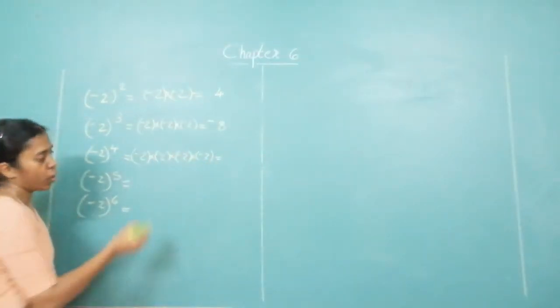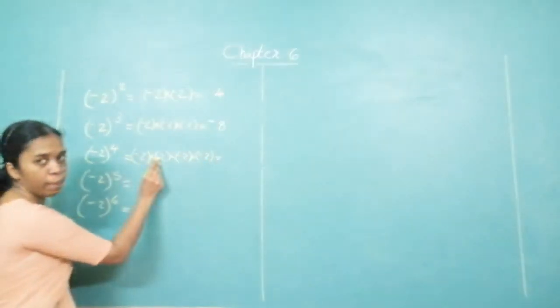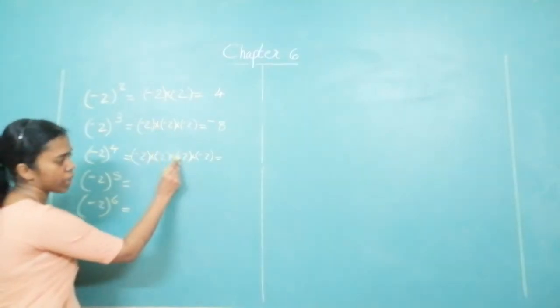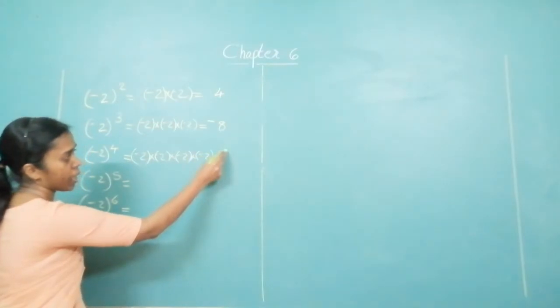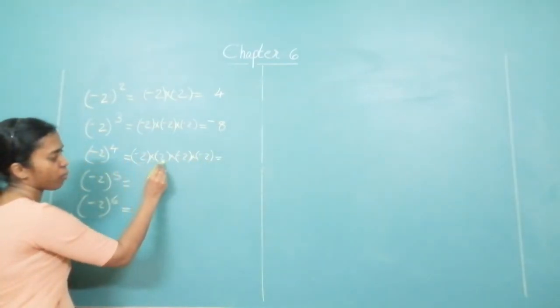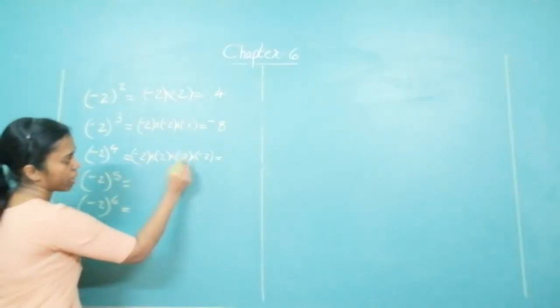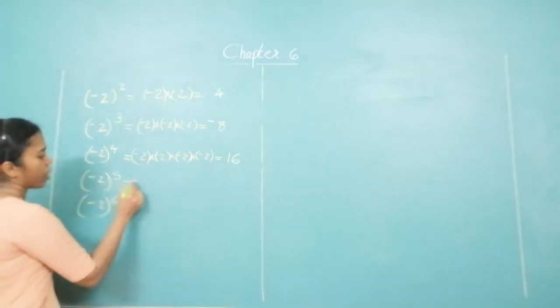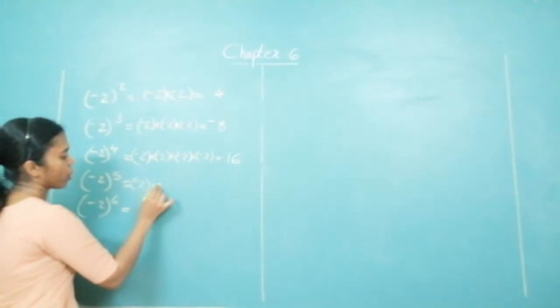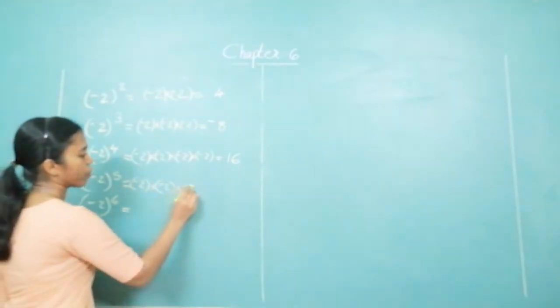Minus into minus is plus, plus into minus is minus, minus into plus is minus again, I get plus. 2 twos are 4, 4 twos are 8, 8 twos are 16. Okay. Now minus 2 raised to 5. Minus 2 into minus 2 into